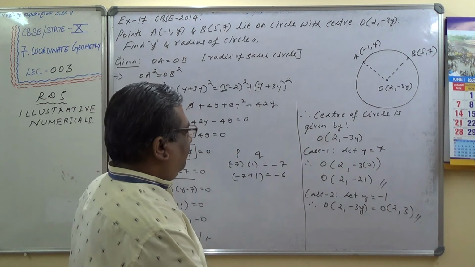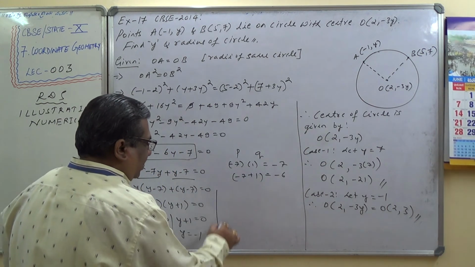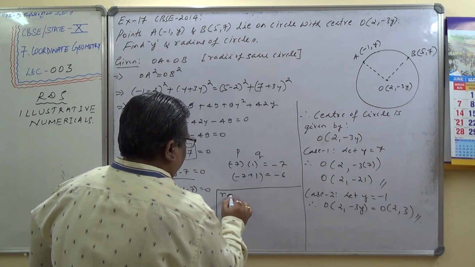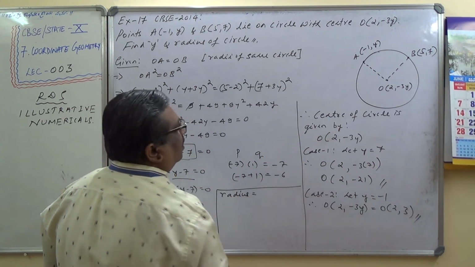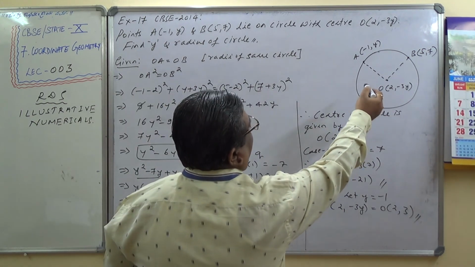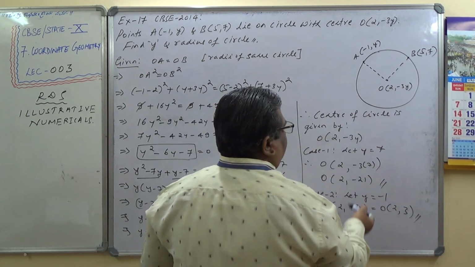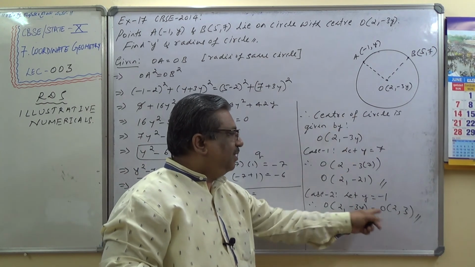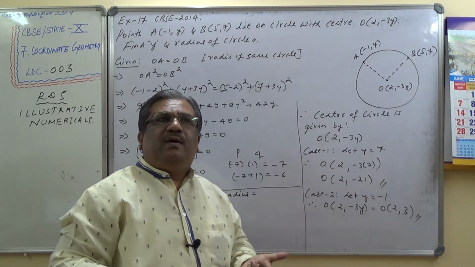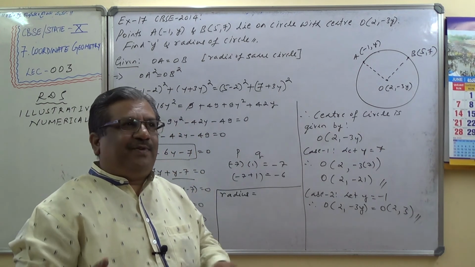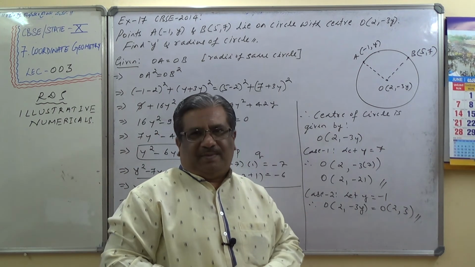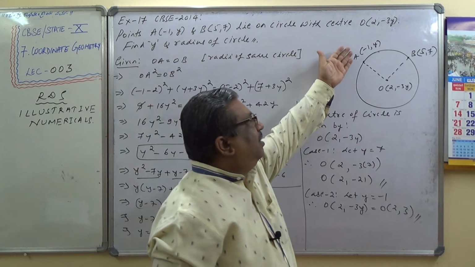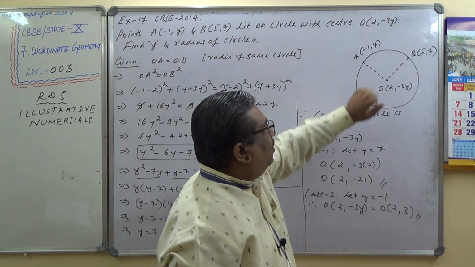Radius. So I'll use this space for radius. Here I'll write, see, radius I need not take two values of y coordinate here, 2 comma 3 or 2 comma minus 21. Why, you know? Can you expect radius to be different for these two different values? Never possible. You can check yourself. Therefore, what I do is OA, the distance OA I will take.